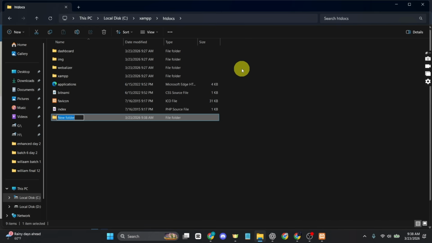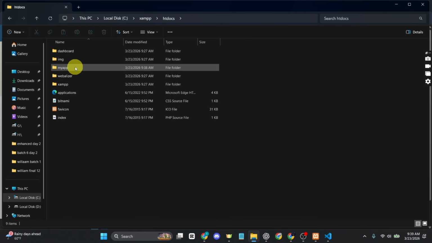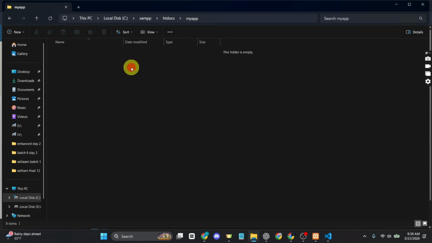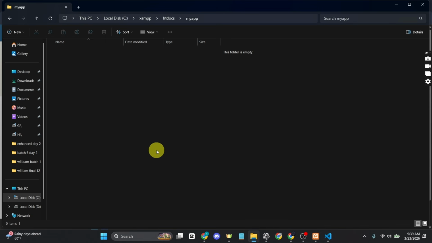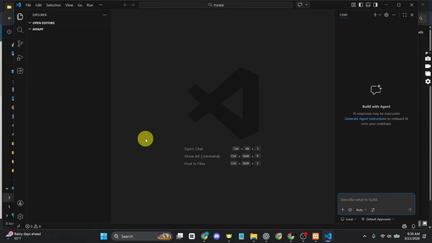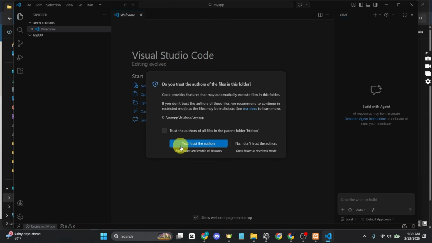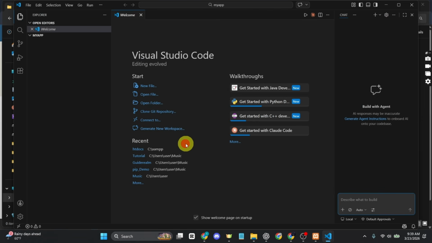You can give the folder a name, for example, my app. Now just open the my app folder and right click on it and choose open with Code, and VS Code will open in that folder. Just click on I trust the authors, and now that the folder is open, just create a new file. Just click on new file and name it like test, and make sure to add .php as an extension